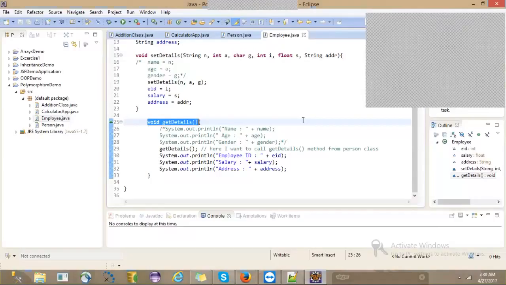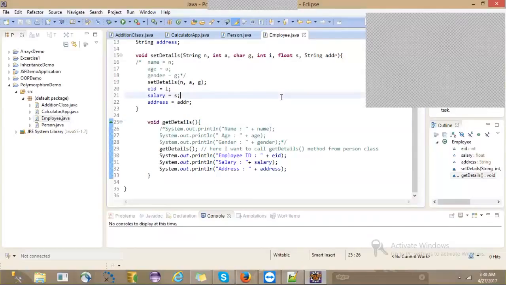So this is what we call method overriding. We have discussed what method overriding is and how we implement it. Is it clear, guys?